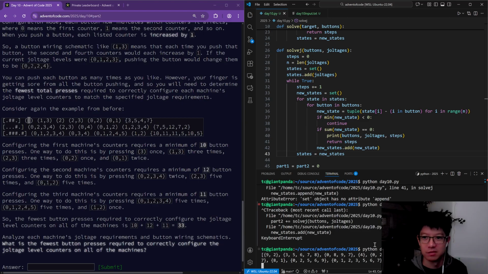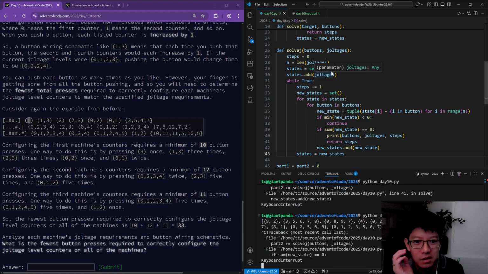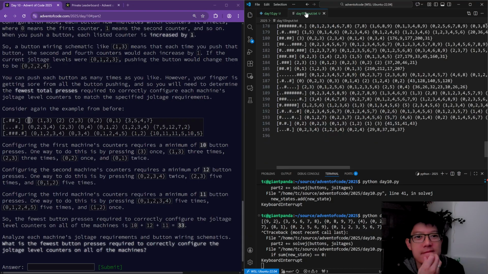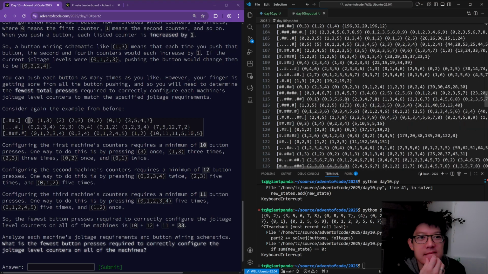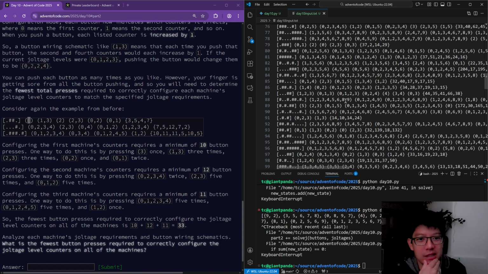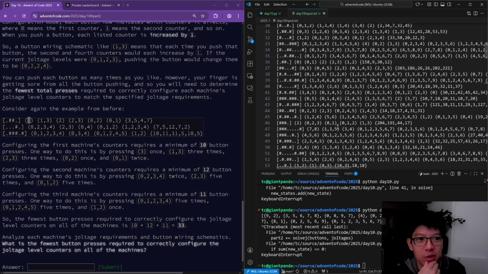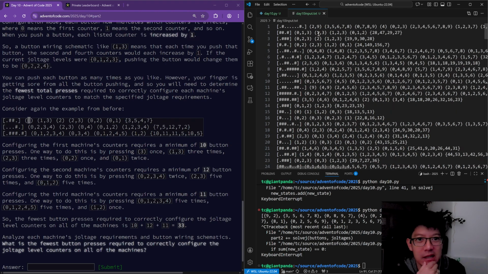So instead we have to be smarter. If there's only a couple buttons, it's easy. But when you have lots of buttons, it's hard. Like this is easy. But when you have 10 buttons,